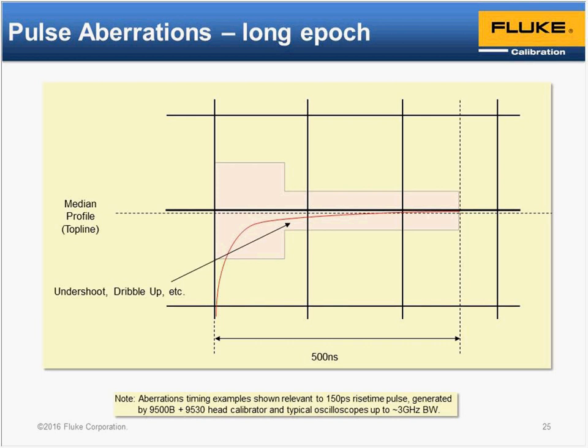And they're related to things like skin effect, a high frequency effect that changes the effective resistivity of conductors and response at high frequencies against low frequencies. So that can change the size of the edge, but the difference between the top and the bottom changed by enough that if we look at the transition early and decide that is the final settled value before it really has settled, we can get the wrong answer for the 10%